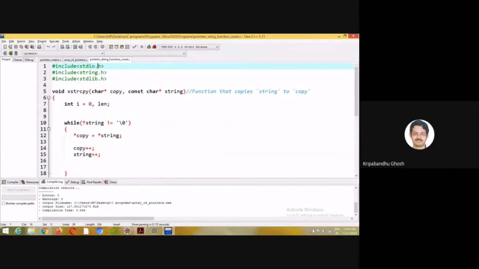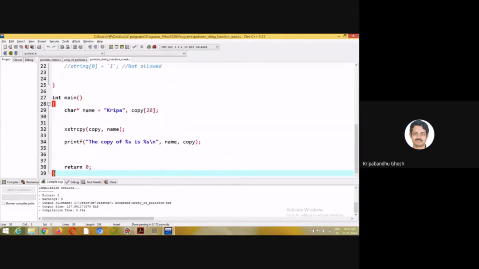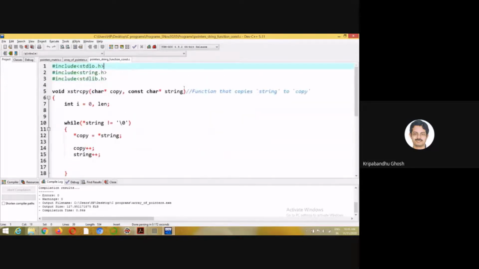If you look at this code, what is this actually? What did I pass here? A string, right? That is basically name, this variable. So &name[0] is basically passed. So we have the starting address of the string, and we don't need to pass the length of the string, because as I told you in the previous class, the compiler has put a \0 at the end of it, and we need to look for that.